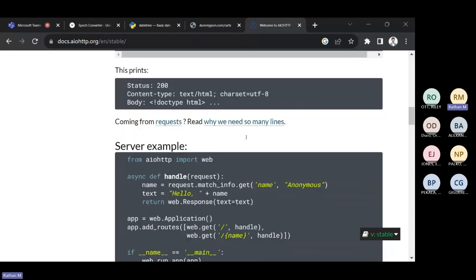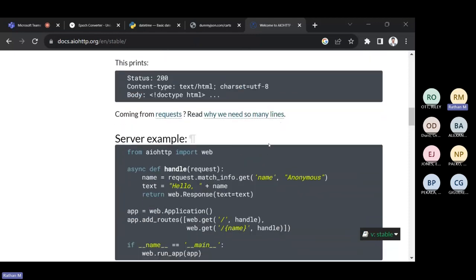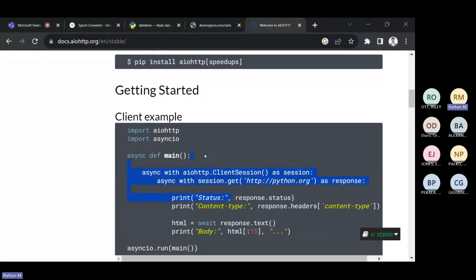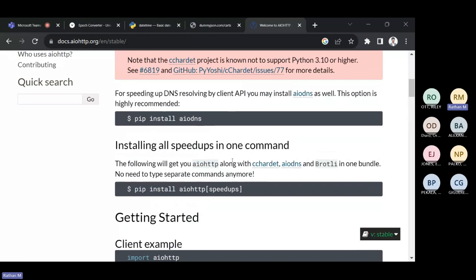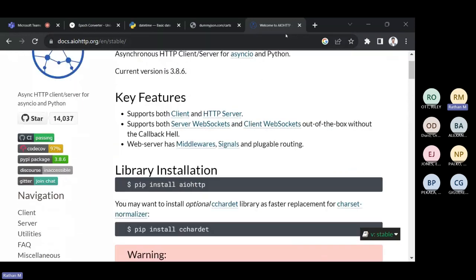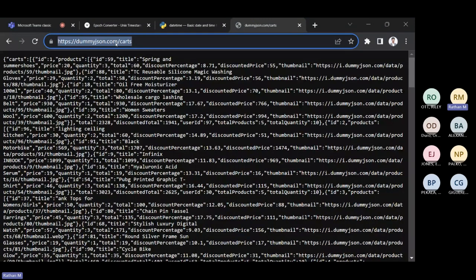So you can do it in multiple ways, but this is a simple way to do it. You don't have to complicate it with AIOHTTP. But if you want to look into it, if you want to learn it, if you want to work around it, this is a beautiful library to learn ahead of time.